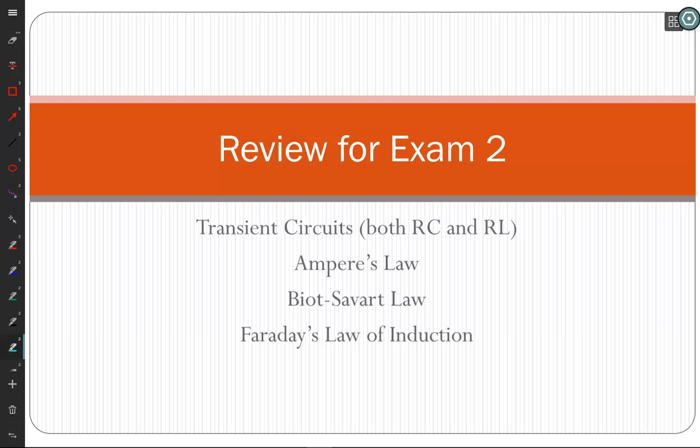Notice the Faraday or the Maxwell's equations derivation is not here. So you have transient circuits, both RC and RL, Ampere's law, Biot-Savart law, and Faraday's law of induction. So before I go to look at these, I think I have like one slide for each. What is Ampere's law? Are you asking the equation or what it